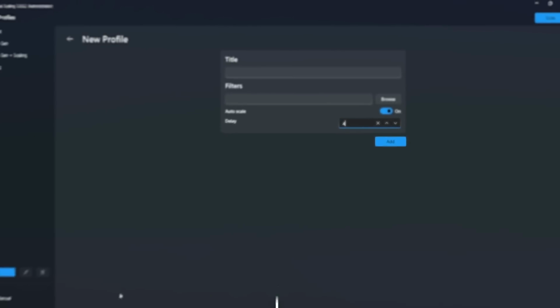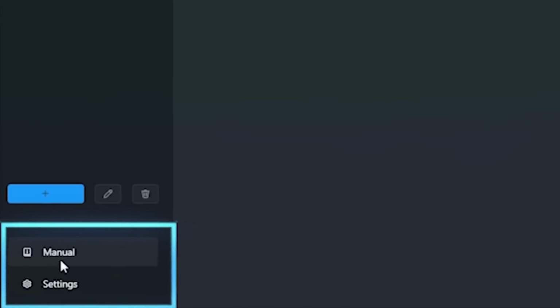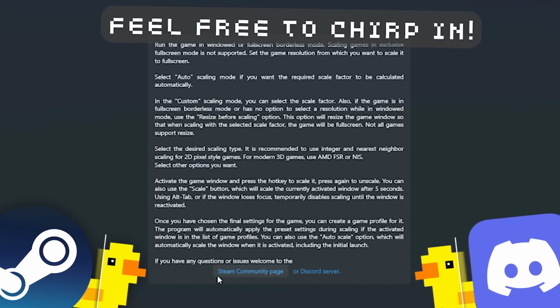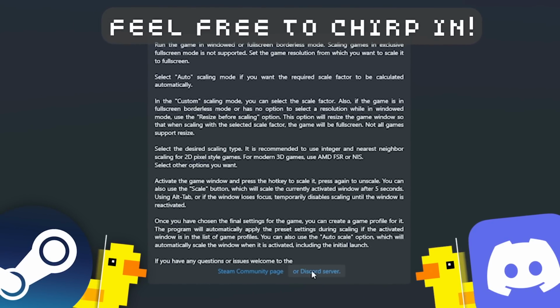But moving on, in the bottom left you will find the manual and settings tab. The manual has these descriptions and also the portal to visit the Steam community page or the Discord server.